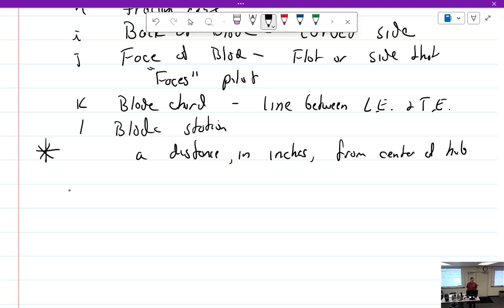So if I said I had a 72-inch prop, what is the 50% station? That'd be the 50% blade station in inches. First thing you have to do: a 72-inch prop is that big, and if I want to count from the hub out, I have to divide by 2. So it's a 3-foot prop, and halfway out would be 1.5 feet, or 18 inches. So, all right.